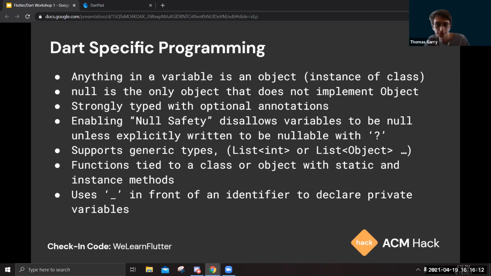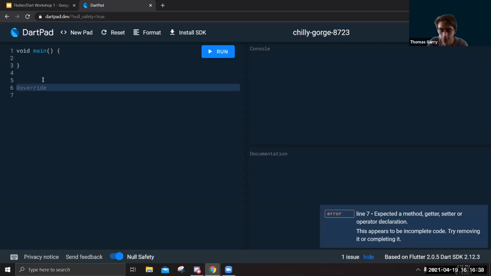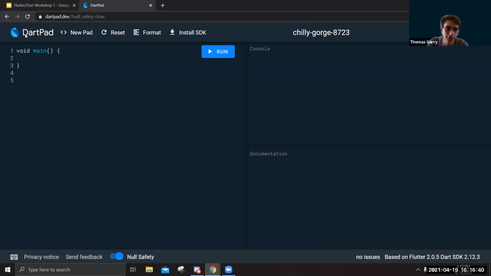And so yeah, basically anything in a variable is an object, and that's why it's object-oriented programming. This is basically a definition. And null is the only object that does not implement the class Object. So it's strongly typed, and you can have annotations, which are basically, say you wanted to override a method, you could type @override. I think it's an error because there's nothing there. But anyway,